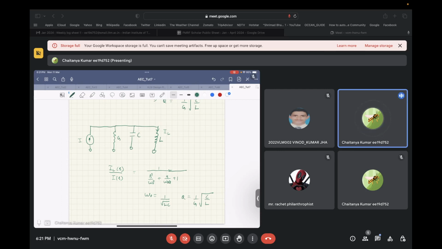an integrated circuit, that is an IC. In an integrated circuit, making inductances is a very costly affair because inductances are very bulky, and even if you try to make them on integrated circuits, they won't be very good inductances. They will have a lot of series resistance, and their standalone quality factor won't be very high, and they will behave as an inductance for a very small range of